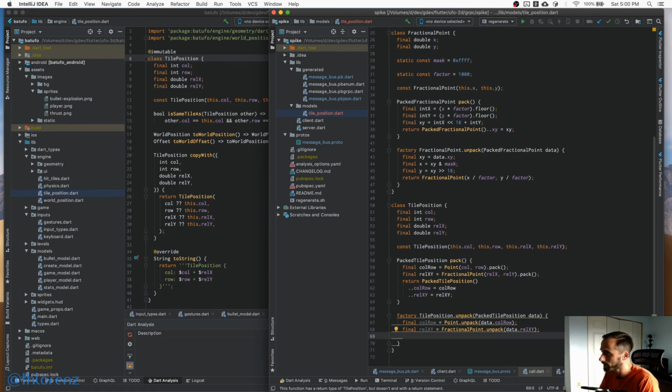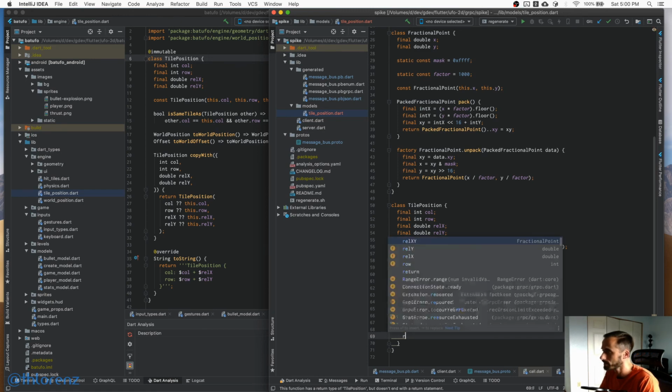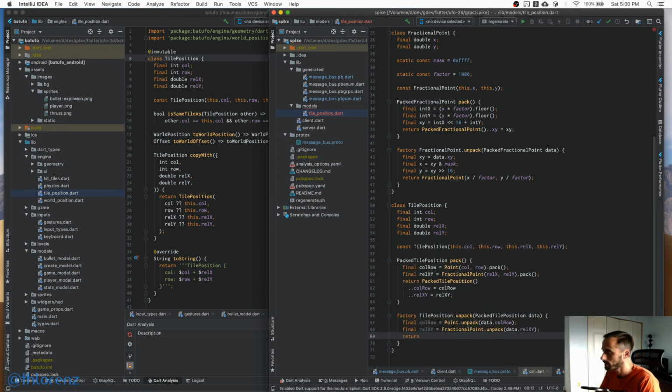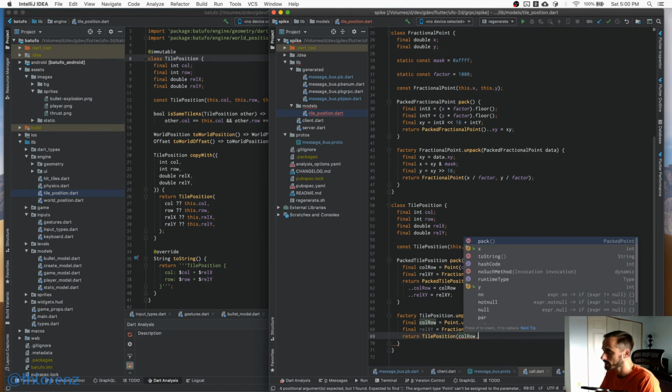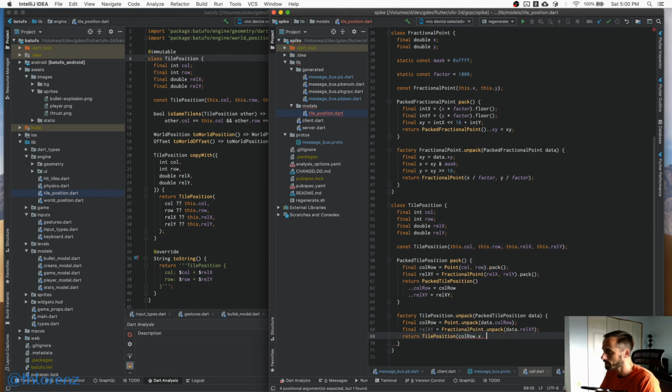So now all we have to do is return a type position where the column will be colRow dot x, and the row will be colRow dot y, and this is easy, xy dot x, and then xy dot y. Okay,